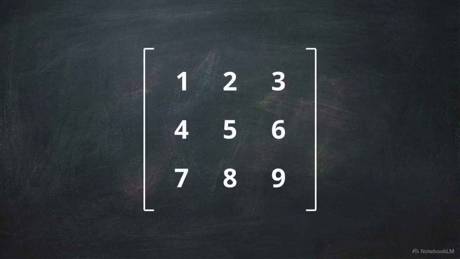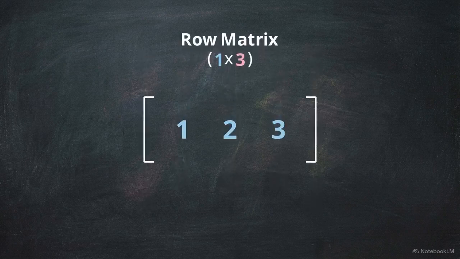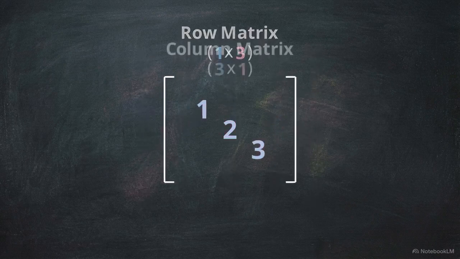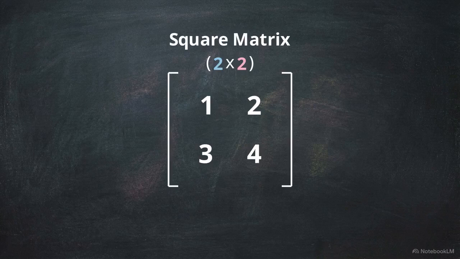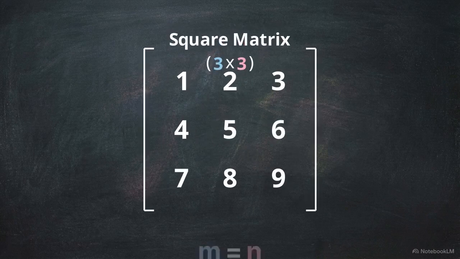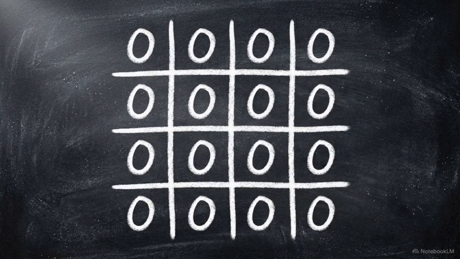This animation shows one-dimensional structures. First, the row matrix contains strictly one horizontal row, followed by the column matrix, constrained to a single vertical column. When rows perfectly equal columns, we get a square matrix, the primary arena for complex graphical and data transformations. Conversely, the zero matrix is a grid where every single element evaluates to absolute zero, serving as a blank operational